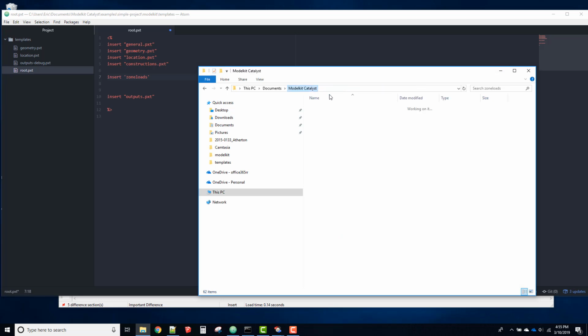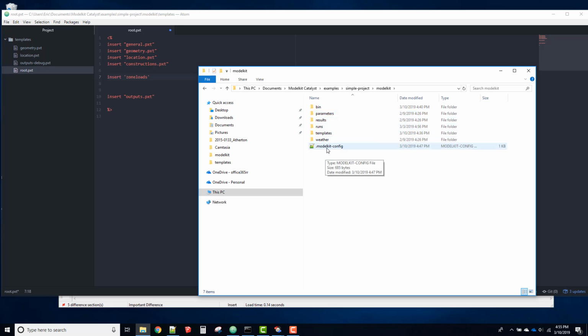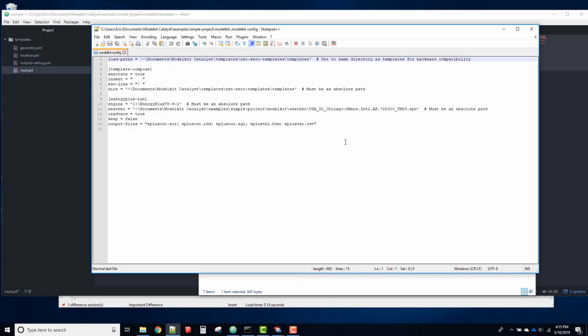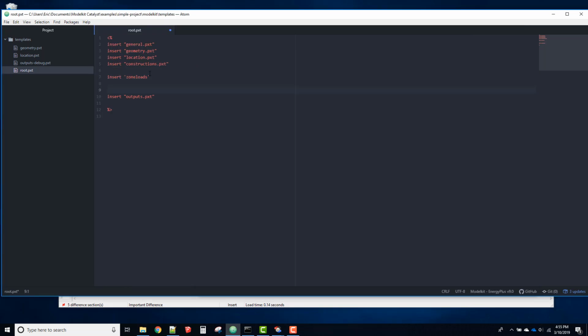And if we go back up to our example project, if we open this modelkit-config file, this is the config file that Modelkit uses to configure some of the settings. And one of the settings is where those templates are that we just looked at. And here we're telling it that the DIRs equals, and that's the template directory, is in documents, Modelkit Catalyst templates, net 0 templates. So since we have that specified here in the Modelkit config file, we can simply just type